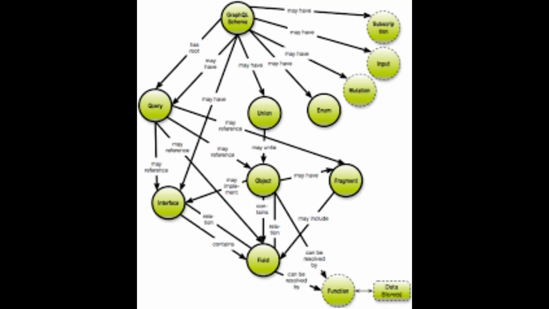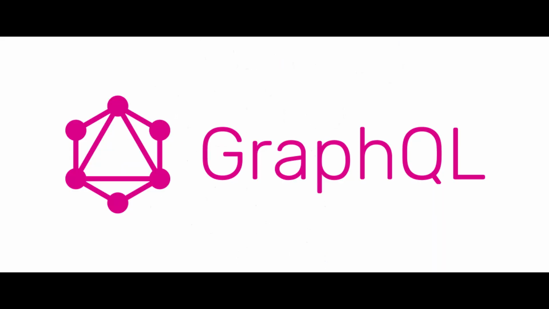// The root provides a resolver function for each API endpoint. var root = { quoteOfTheDay: () => { return Math.random() < 0.5 ? 'Take it easy' : 'Salvation lies within'; }, random: () => { return Math.random(); }, rollThreeDice: () => { return [1, 2, 3].map(_ => 1 + Math.floor(Math.random() * 6)); } };